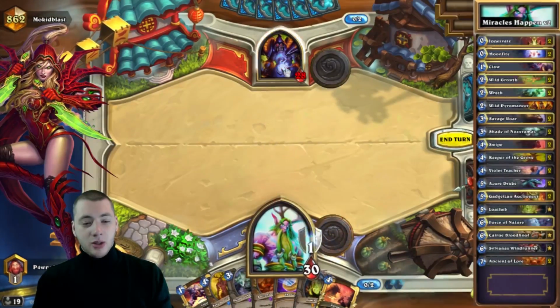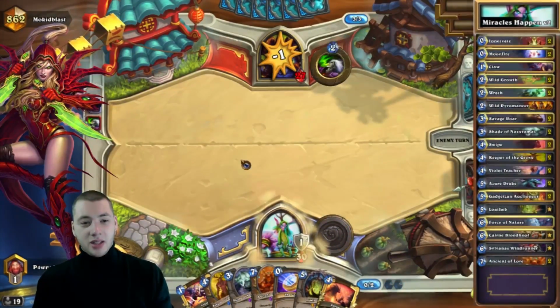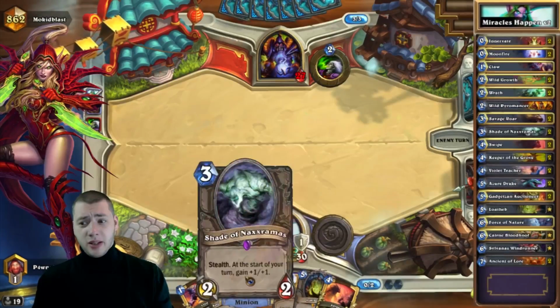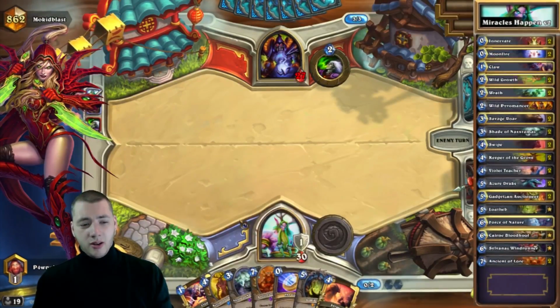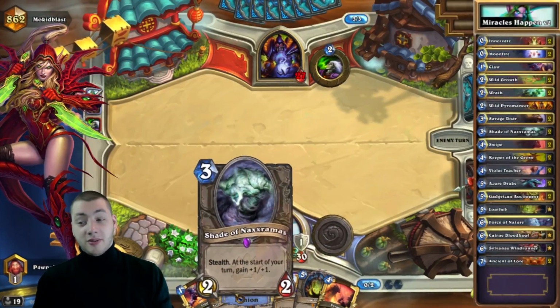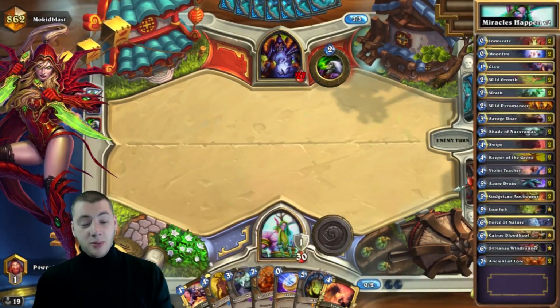See, he doesn't have a coin, so we don't need to fear any of his stuff. Why don't I coin the Shade of Naxxramas? I want to play it, and then turn 4 I want to silence his Drake, coin Claw to kill the Drake, and not have to run my Shade of Naxxramas in. If he plays a Giant,